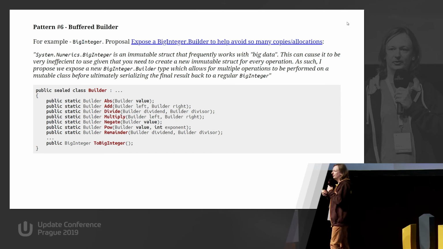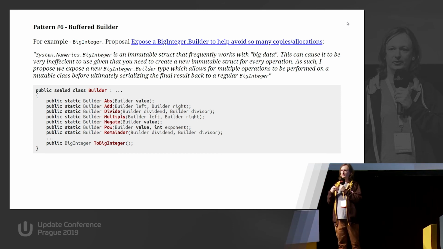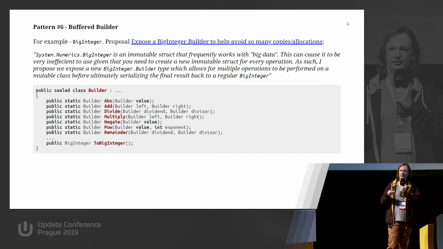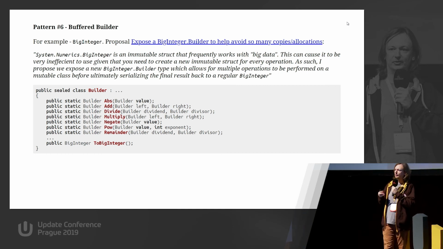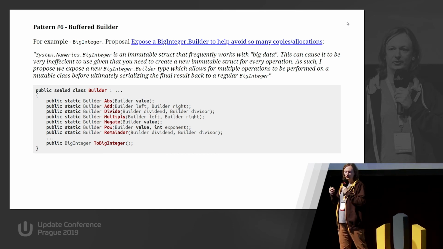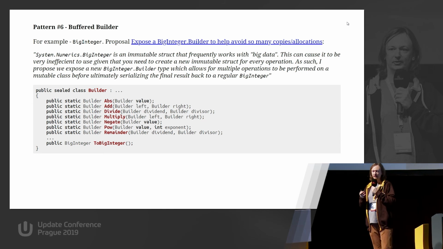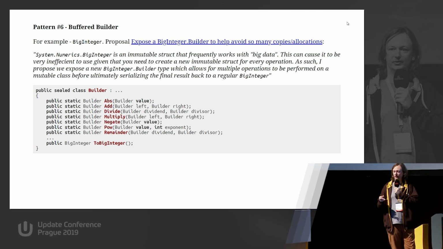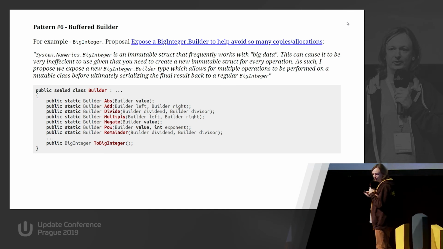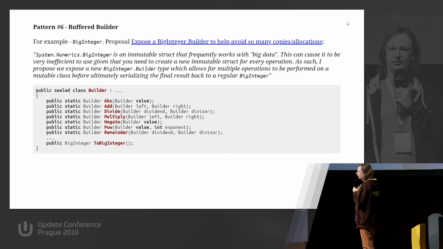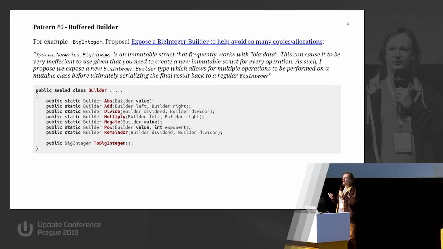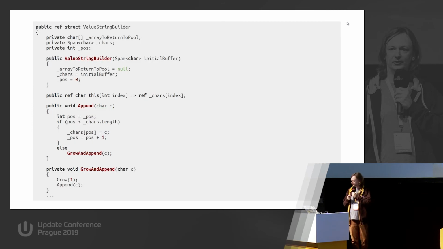Like BigInteger, for example, is also an immutable data structure, which can represent every number, no matter how big it is. And all this plus, minus, division, multiplication is also producing a new BigInteger. So from the memory perspective, for better memory usage, we can provide some kind of builder for big integers, and there is a proposal for that to expose such a builder and have this smaller overhead. And those methods, add, divide, multiply, will be operating on some internal buffer, and only at the end we will be calling ToBigInteger to get this integer as a result.